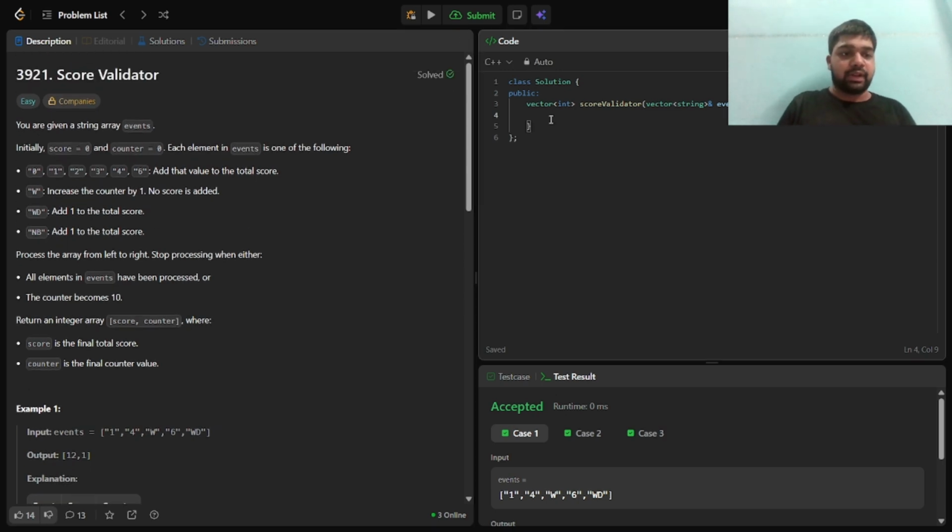So let's first create the two integers which we have been given. Int counter equal to 0 and score, and then we run a for loop over the events. Now when do we have to break the loop? When the counter is 10, we will break the loop,